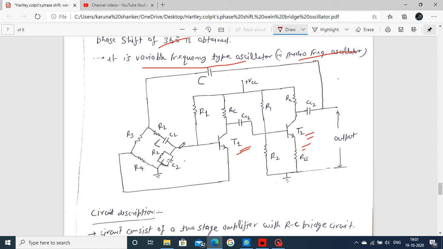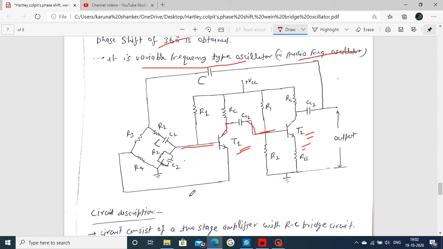Now one of the terminals goes inside your transistor T1. Now this works as an oscillatory circuit. Whatever oscillation is produced by this is fed to the base of your T1 transistor. Now the T1 transistor amplifies this, and the amplified signal is fed to the base of your next transistor T2, whatever amplified signal is obtained here at the collector. Now the collector passes through a coupling capacitor to connect to your next transistor.